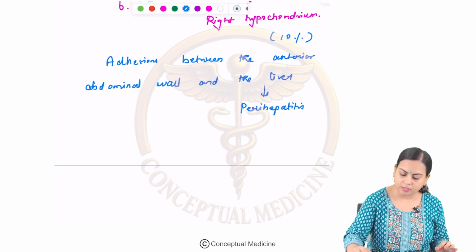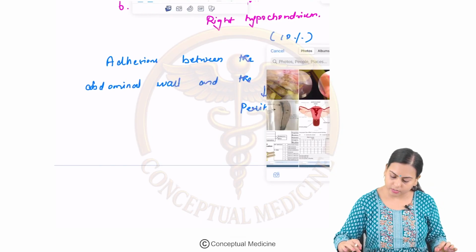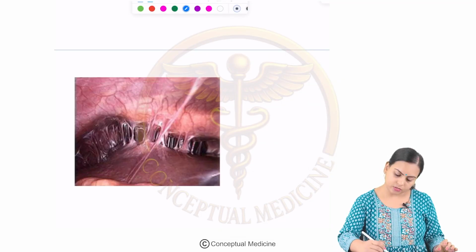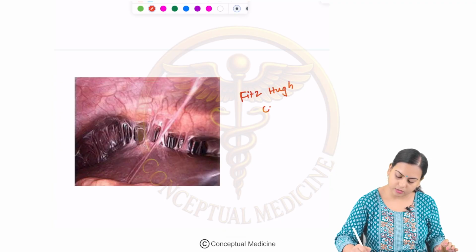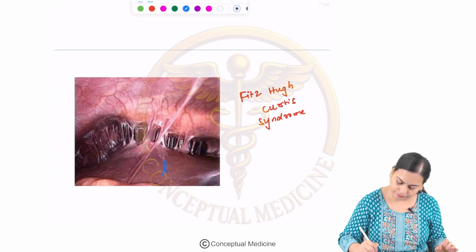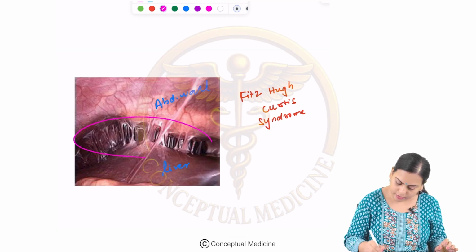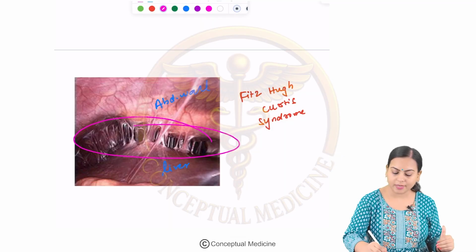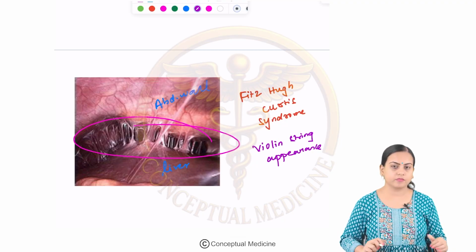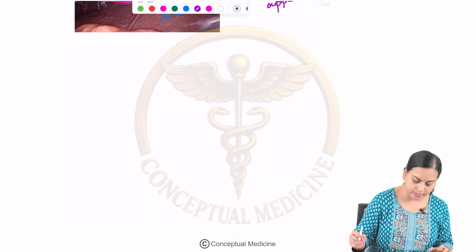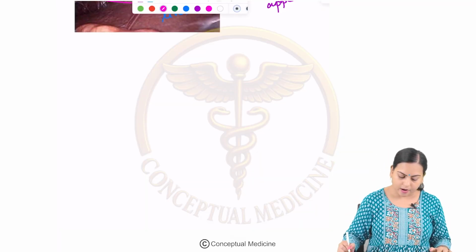Okay, so that will be leading to a perihepatitis, and if you see a gross picture of that, this is a picture of Fitz-Hugh-Curtis syndrome. Okay, so there are adhesions. This is the liver and this is the abdominal wall. Okay, I hope you are able to see numerous adhesions here, and this will be giving a violin string appearance of adhesions. Okay, so this is important, right? Now, after this,